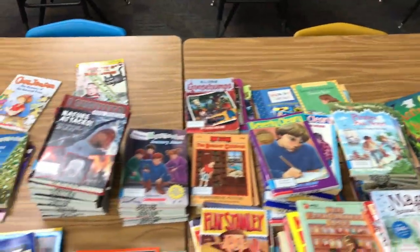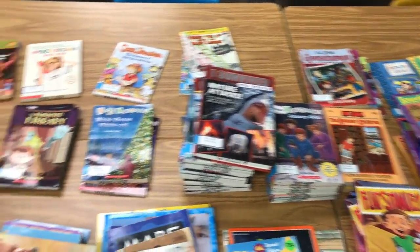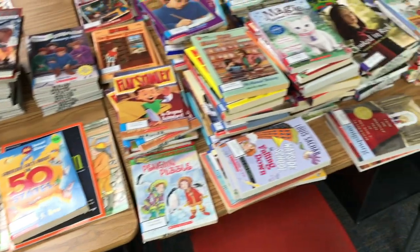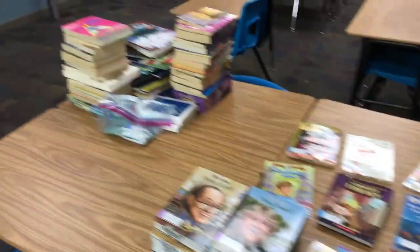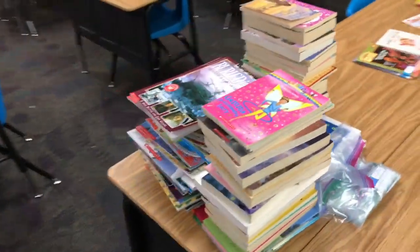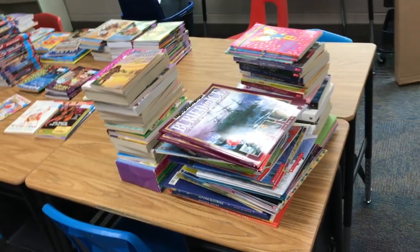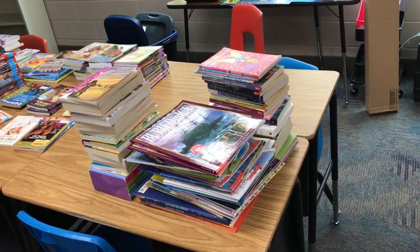The ones towards the back are more of my collection, so like either by author or series. And then the ones in the front are by genre. And then this pile over here are books I got kind of last minute before I moved. So I need to go through them and figure out what's age appropriate, what's not, and get them all labeled and organized and stuff like that. And then